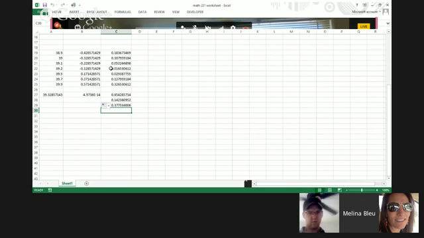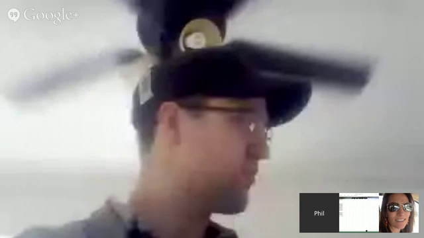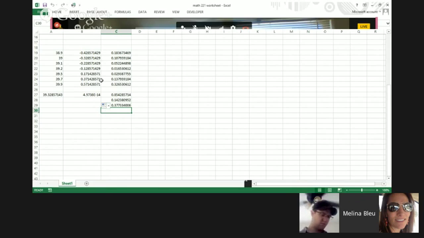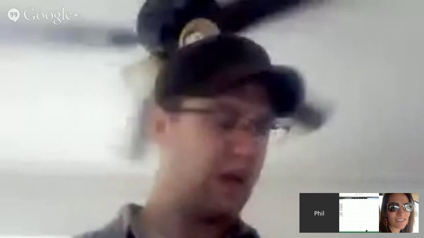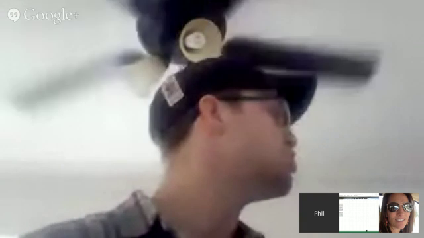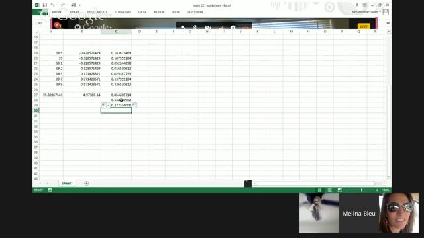And then on the next column, column C, you're squaring each of these numbers. So you're doing equals, then the cell, caret 2, and then you pull it all down. So this column is all of these numbers squared.